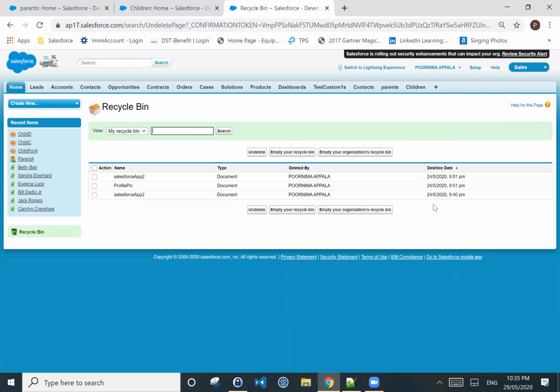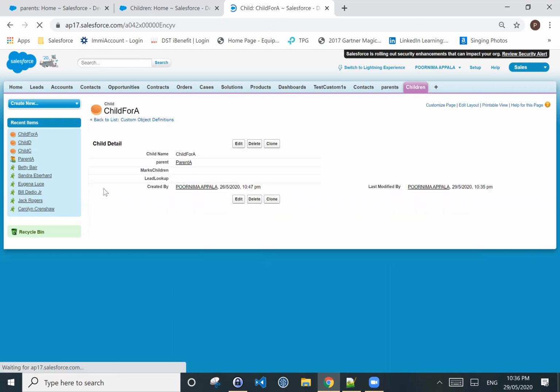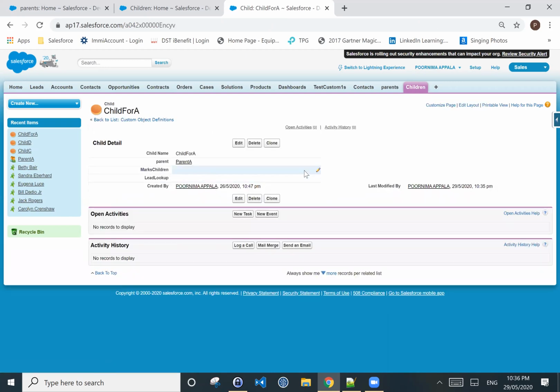Now go to your child object and select any record. Give the lookup relationship here.